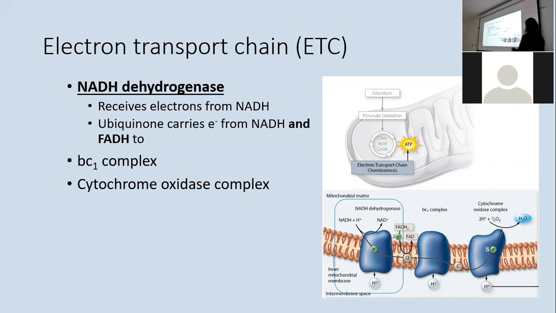Now, FADH is floating around here, kind of in the inner membrane, like in the matrix, right in the middle of the mitochondria. It drops its 2 little electrons here in between. So the electrons from NADH and FADH come and hop on this little electron carrier ubiquinone, right? Because in between, inside the membrane,